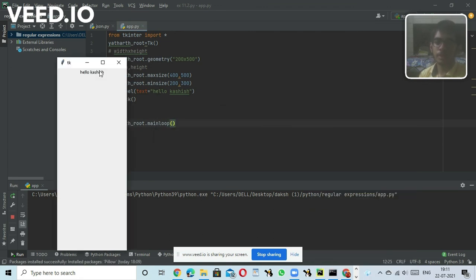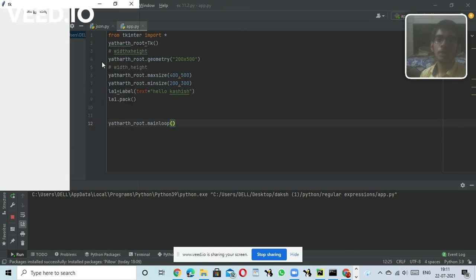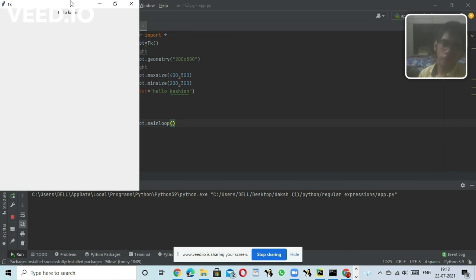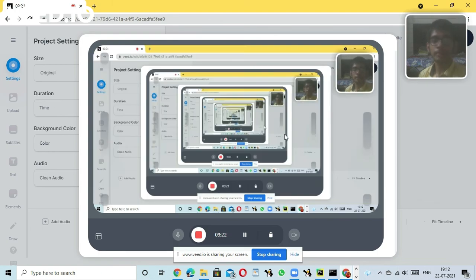Now, hello Kashish is shown here, and I congratulate you on your first app. It's very simple, but be happy for every little move you make, because it's our first step towards complex apps like Google. You can make your own Google. Just think of it. You are making your Google, and someone is coming to invest in the app at this age. So I'll meet you next time, with more, like how to import images and how to write buttons maybe. Okay.